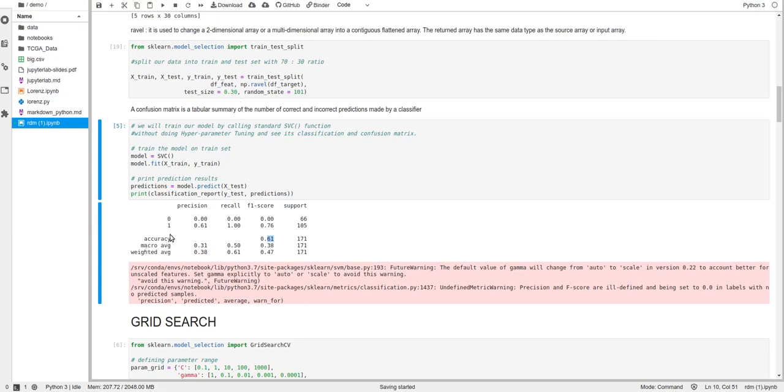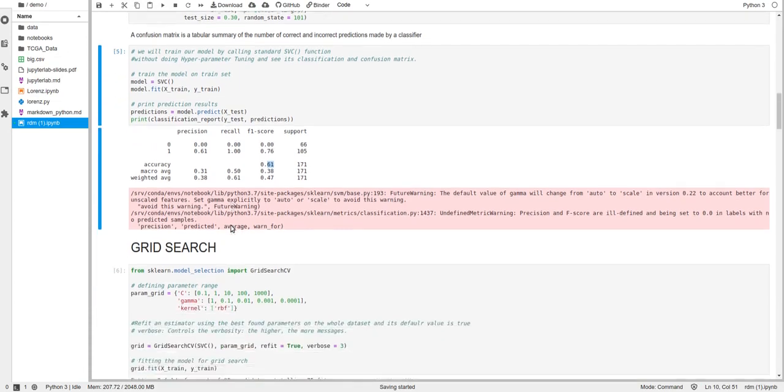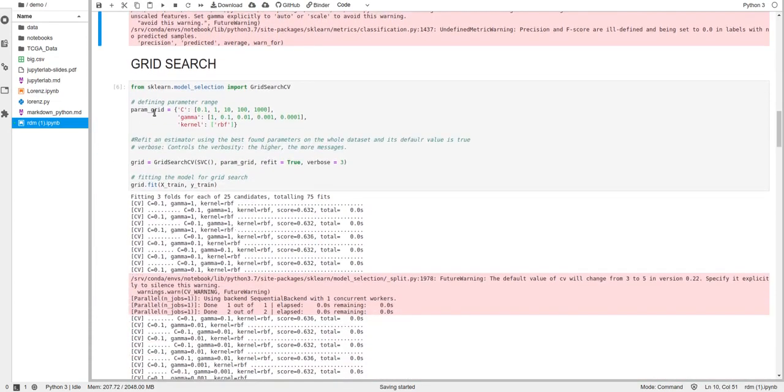But our accuracy level here is 0.61, which is very poor. So we use grid search to get the best parameters for our search, right? Now first we will import grid search from sklearn model selection.